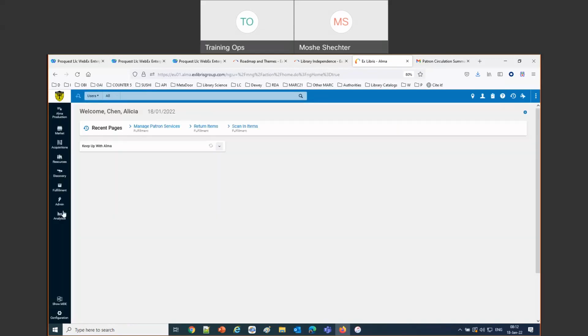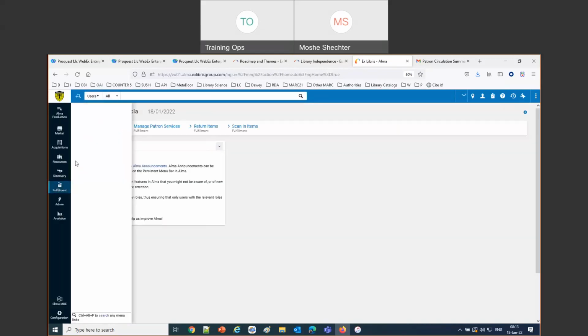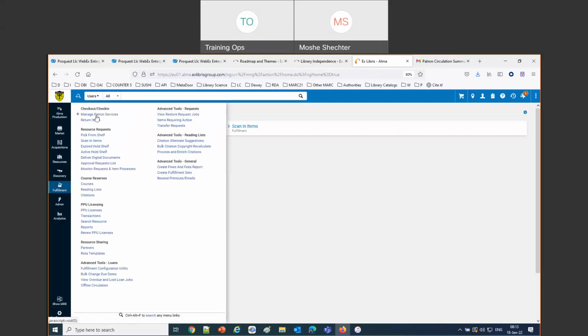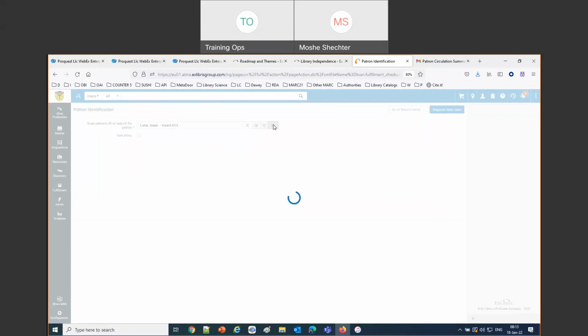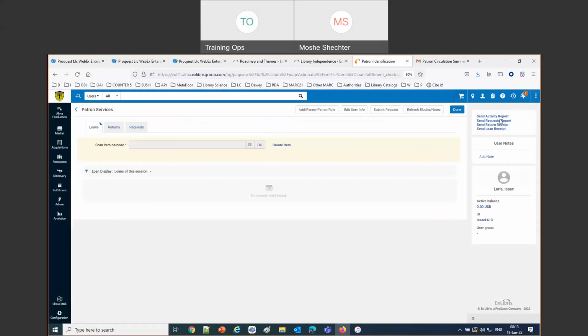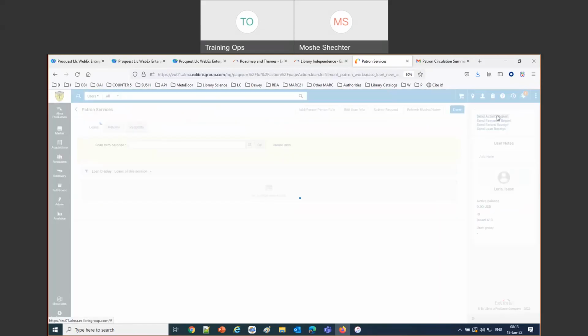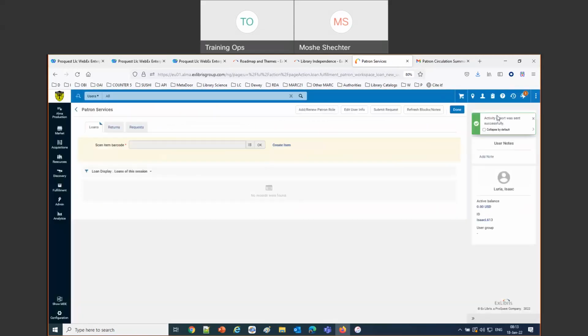Same flow, manage patron services. I'm just sending this letter because it's very easy to send. I don't need to start making a hold request and check it in and check it out, etc. But we're going to open up a PowerPoint about this in a moment, which describes exactly which letters this is, all of the configurations, and I'm going to click Send Activity Report. Okay, so now what we're expecting is to get 3 separate letters. And then we're going to show how to make separate logos on each letter.